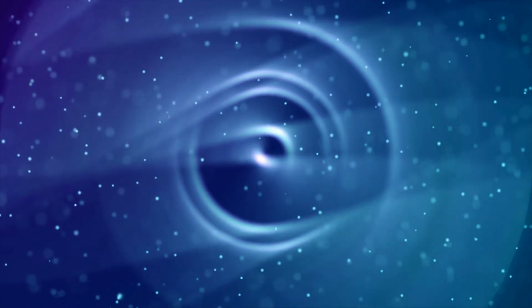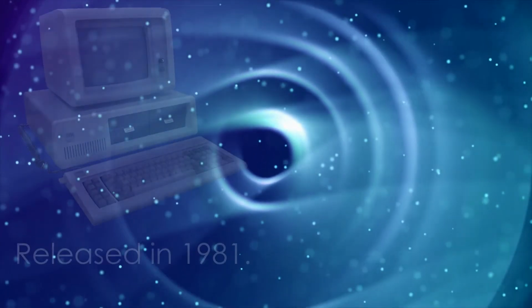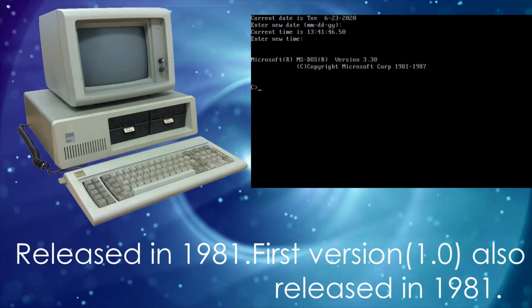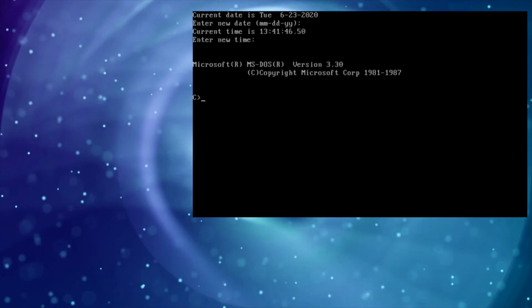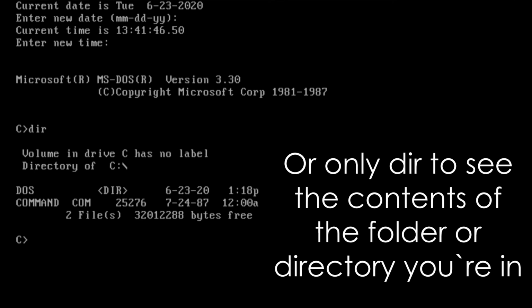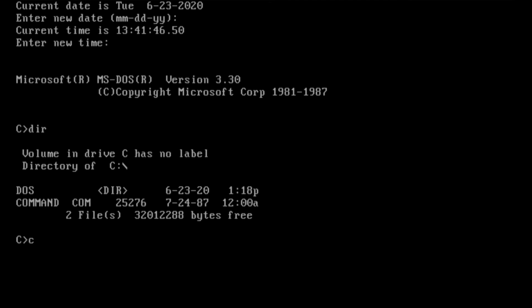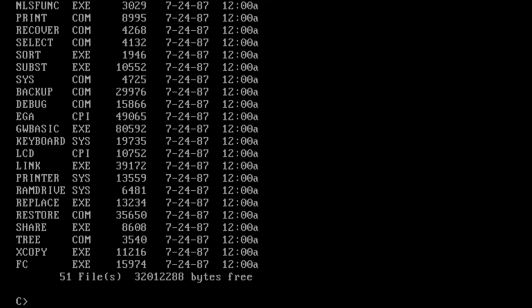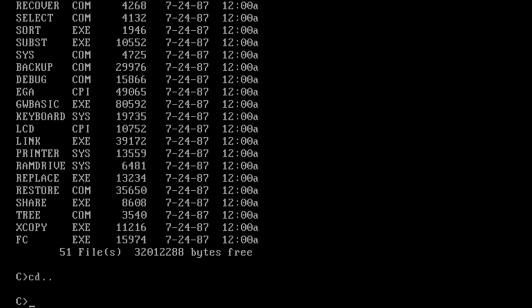They would become popular with the introduction of the IBM Personal Computer and MS-DOS, or PC-DOS. MS-DOS looks way different compared to today's consumer operating systems. It didn't have a graphical user interface, so you needed to type commands in order to do stuff. For example, want to see the contents of a folder, you needed to type dir folder name. Want to enter a folder, cd folder name. Want to create a folder, md folder name.